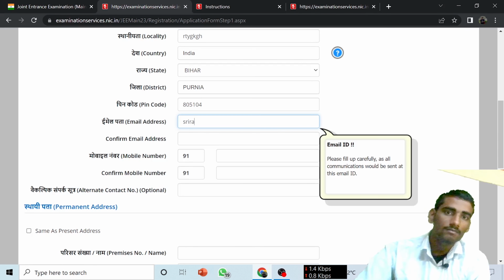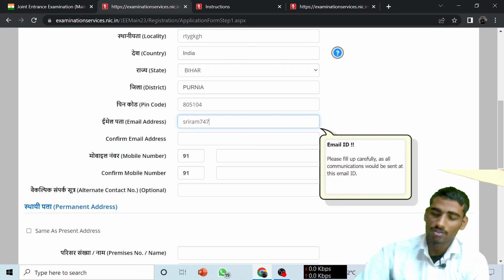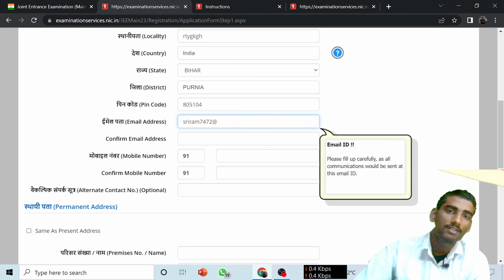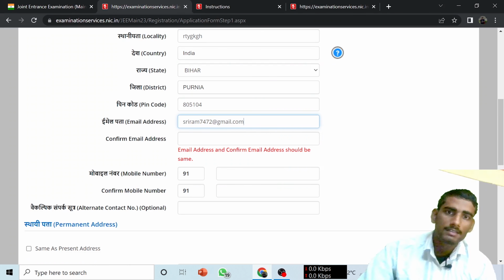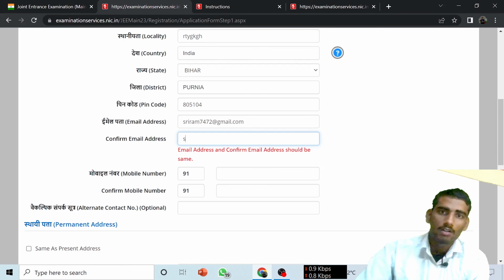Okay, so after giving my email ID I am just showing you. So suppose मैं अपना email ID दे रहा हूँ. Okay, gmail.com. I have filled up that. Then you have to just confirm it by again writing this. Okay, so suppose I am writing this again in this section, and that must be the same, guys. आपको same रहना चाहिए, ऐसा नहीं कि कोई गलत दे दे. Okay, so just I am again